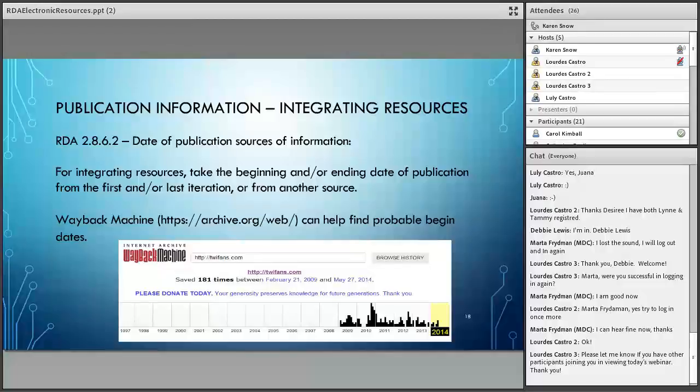If you go to archive.org/web, you can type in the name of the website, put in the URL, and it'll tell you when it essentially started, when people began visiting the site, and you can use that as a basis for your publication information for a website, an integrating resource.